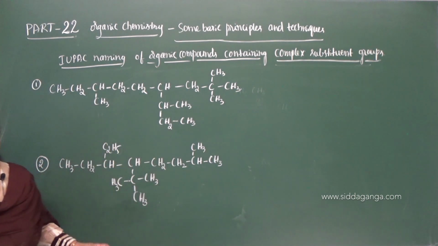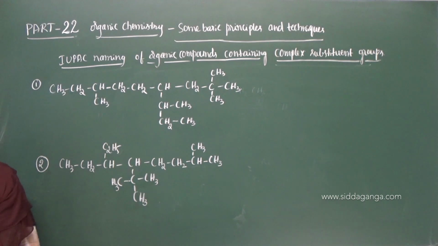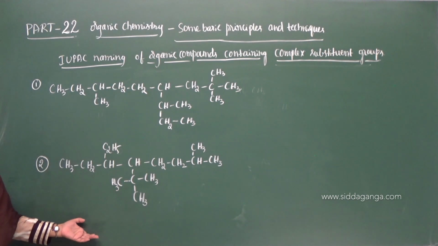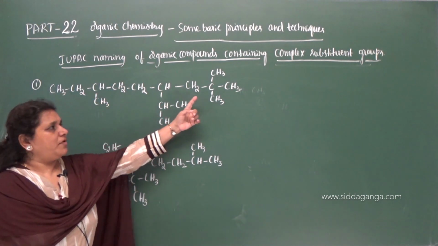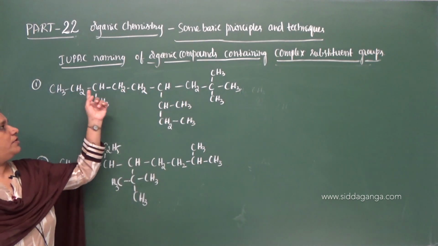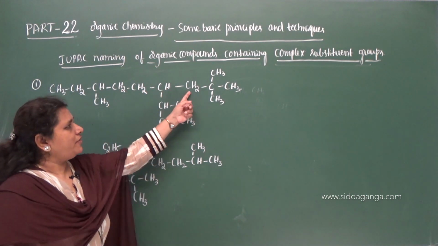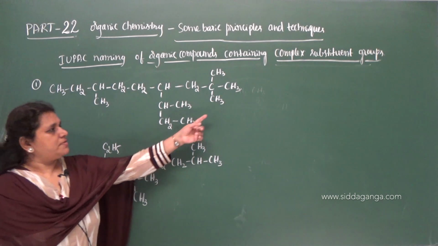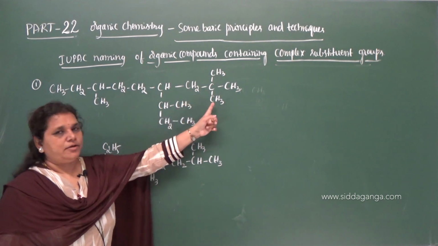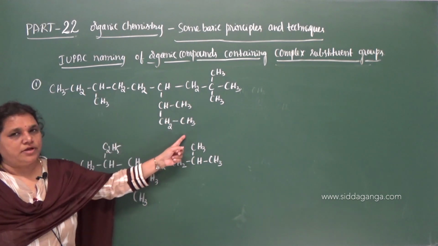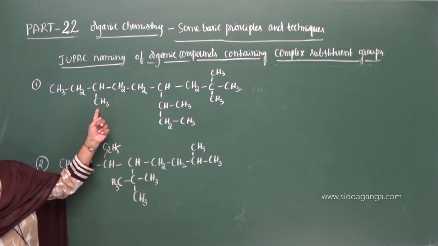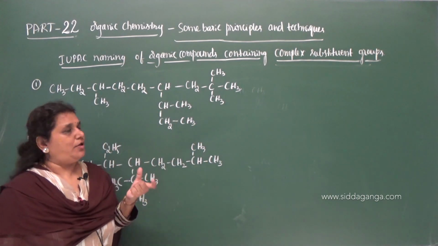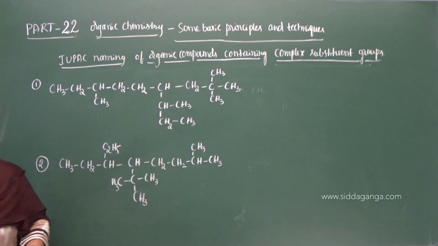So the first example I have given here. This is the given compound. You select the parent chain first, which contains the maximum number of substituents. If you select a straight chain here, you will get 1, 2, 3, 4, 5, 6, 7, 8, 9. So there are 9 carbon atoms in which substituents will be here and here, 2 methyl groups, and here we will get a complex substituent and one more here. Giving numbers from right to left gives the lowest set of locants. Therefore, let me select this carbon chain.